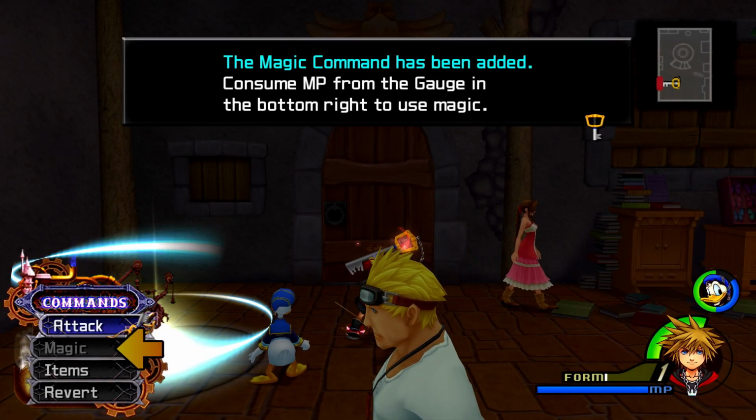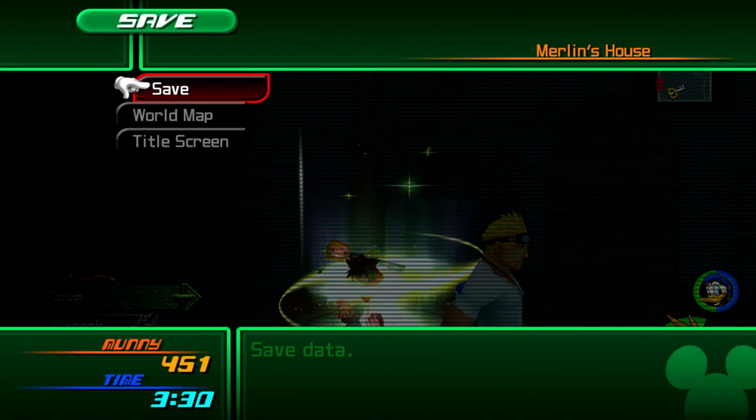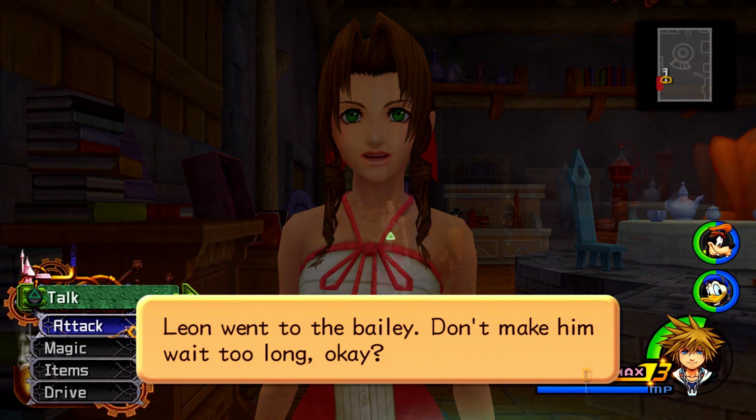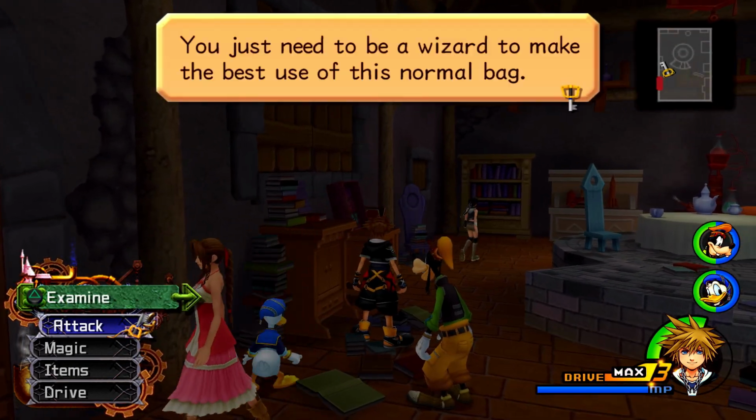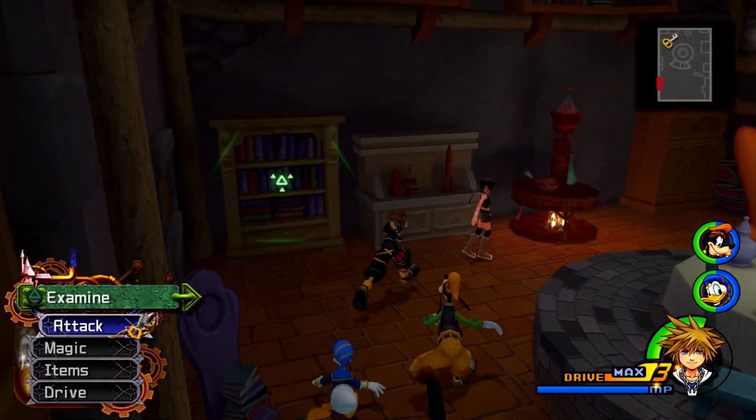Okay, so now we have magic. So, like I said before, I guess it's on critical mode, it's a bit more useful because I'm so used to beginner. I never really used magic this early, but it'll probably be helpful in the next fight that's coming up. And I'm going to be leveling my Valor form here, just so I have the level 1 high jump